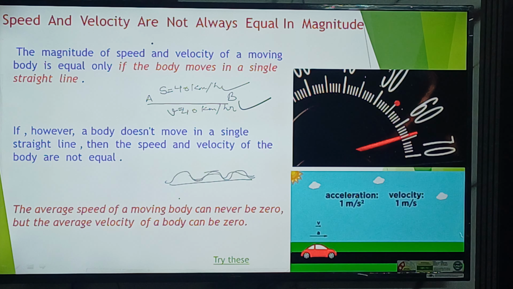Clear? Now let us come to the last point. The average speed of a moving body can never be zero, but the average velocity of the body can be zero. Now what does it mean? It means that the